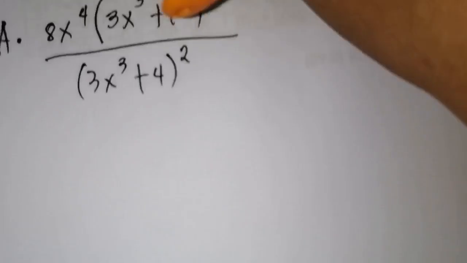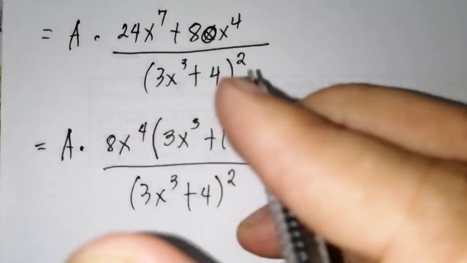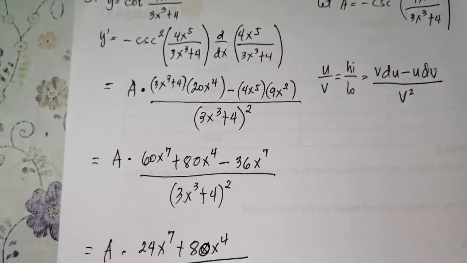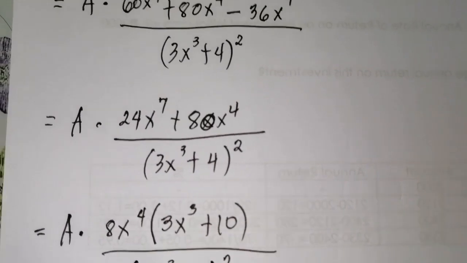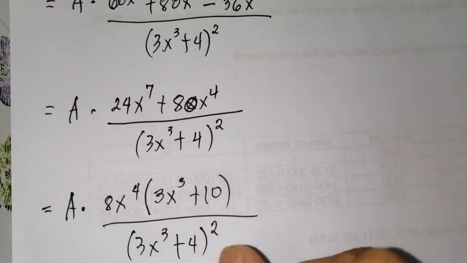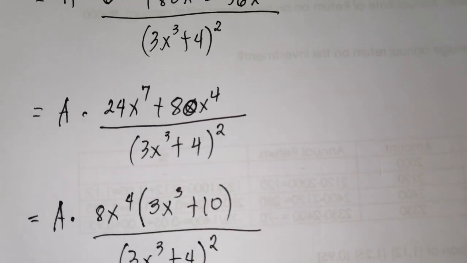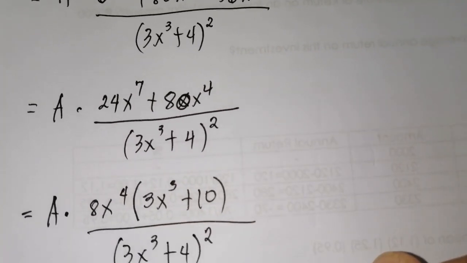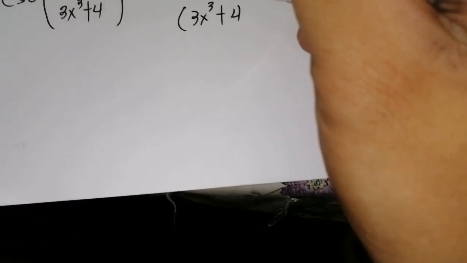Now, plug in the value of a from earlier. Which is negative cosecant squared of 4x raised to 5 over 3x cubed plus 4 times 8x raised to 4 times 3x cubed plus 10 all over the quantity of 3x cubed plus 4